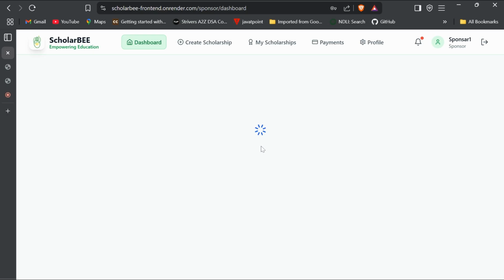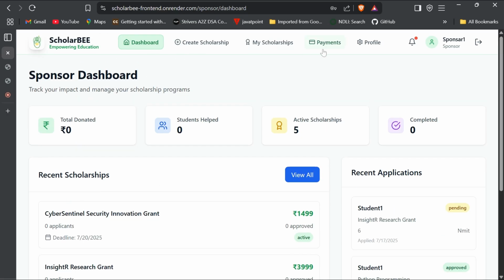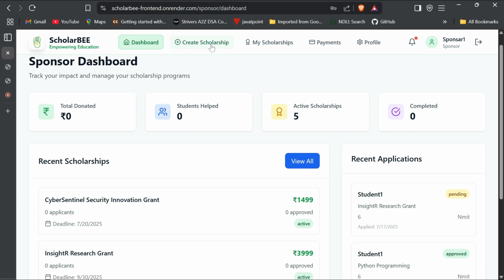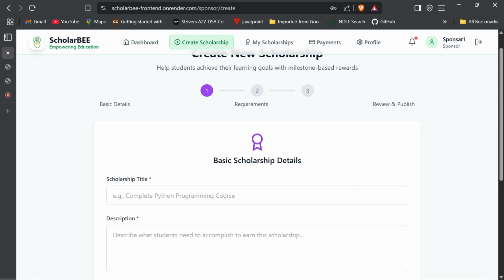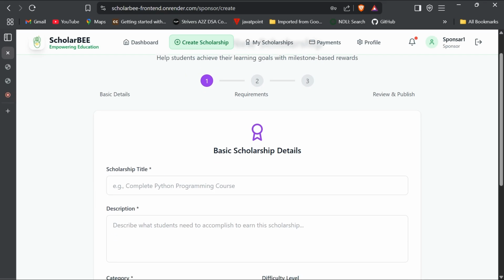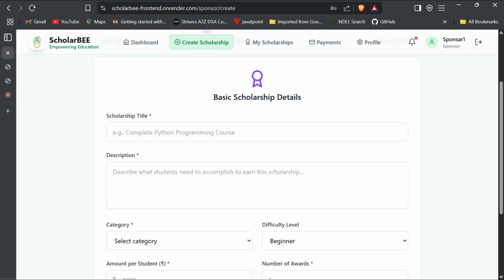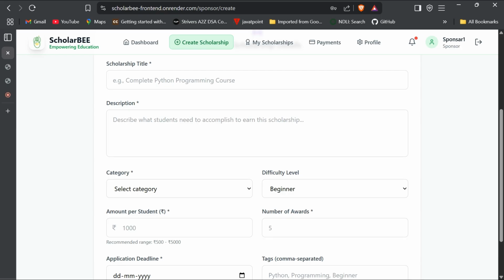The sponsor account has features that are really different but important from a student's perspective. Moving on, I'll show you the create scholarship feature. Here, the sponsor can give the details of the scholarship that the client wants to provide to students who need it.